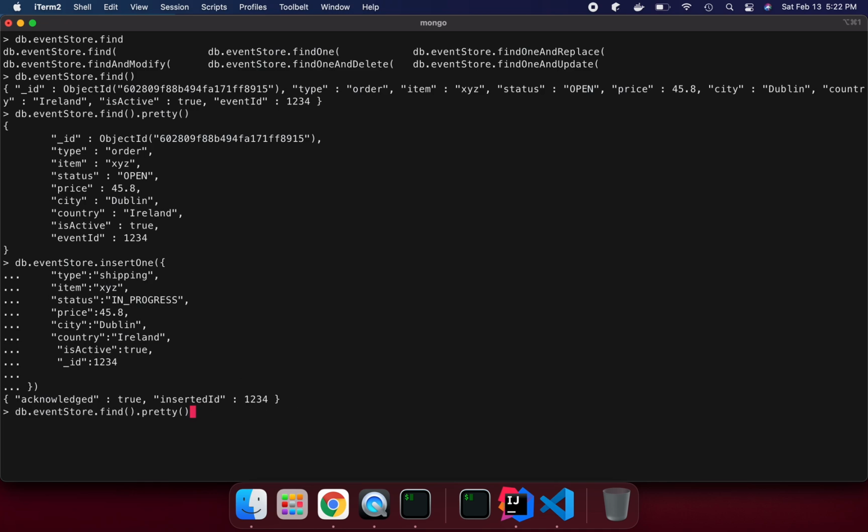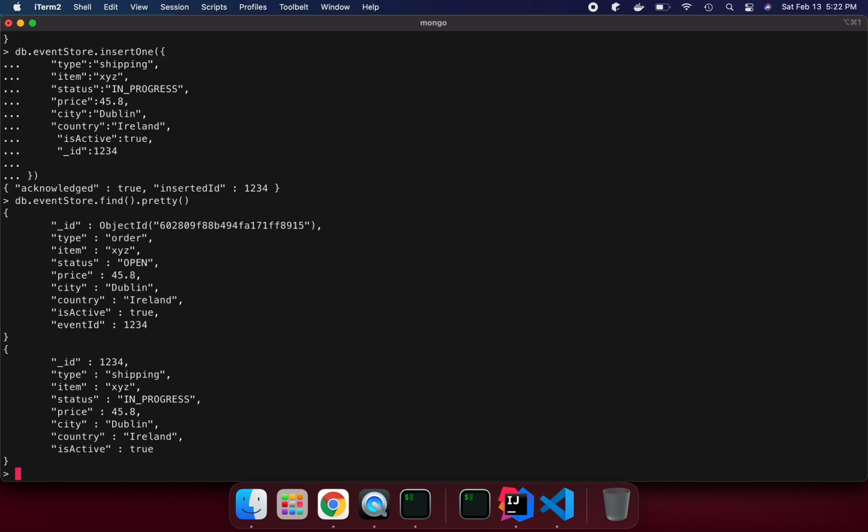Now if you check again, we have two records here. One is object type, another is just a number. This is not object type, and you can do that, not a problem. MongoDB says we support schemaless. I'm not worried about what data type you use for other fields. If this item is a string, I can make it a number as well. Nothing is a fixed schema, so we can do that.